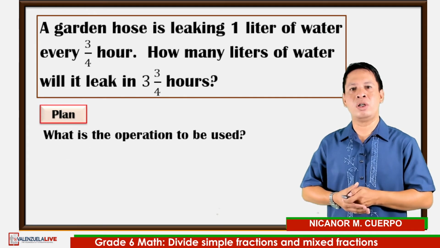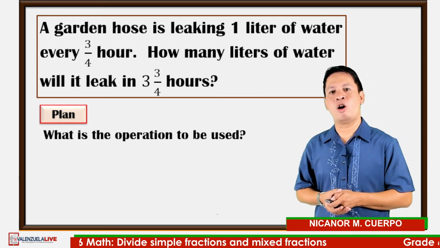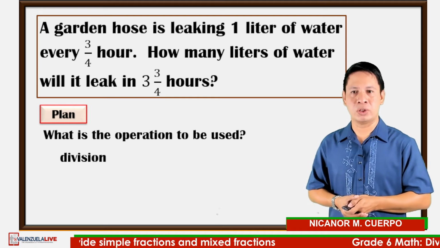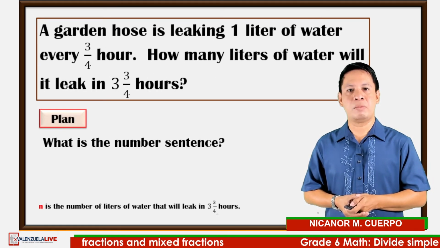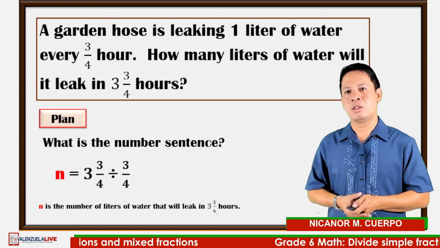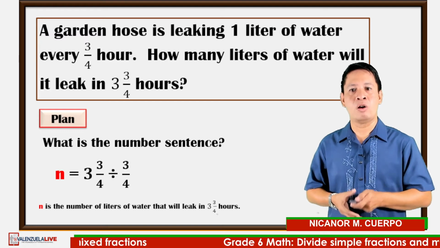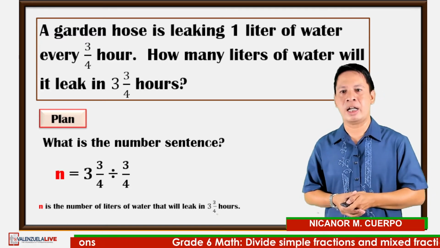Now, what are we going to do to solve the problem? So we're going to plan. So what is the operation to be used? Correct. Division. So, what is the number sentence? So, n is equal to 3 3/4 divided by 3/4, wherein n is the variable that represents the number of